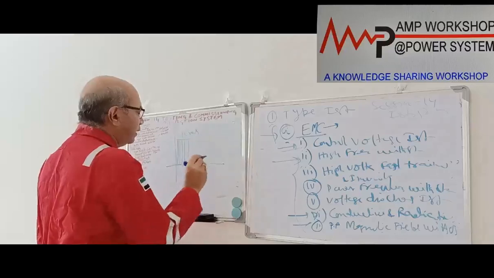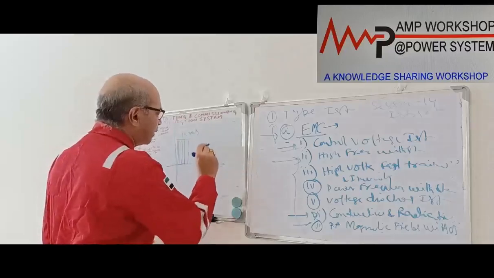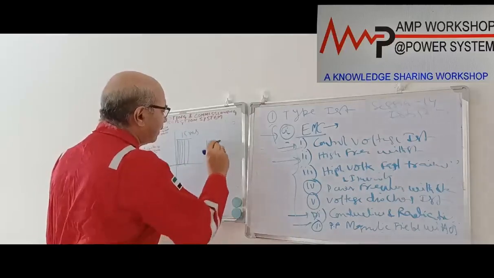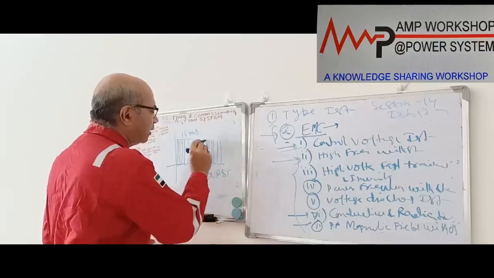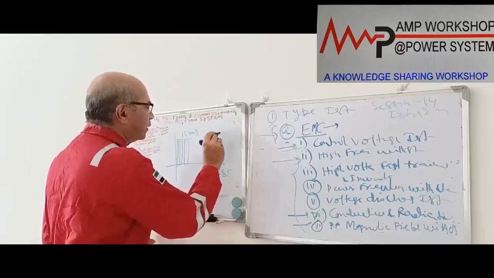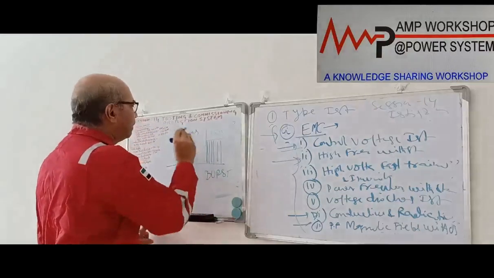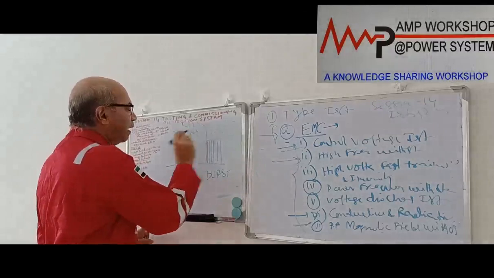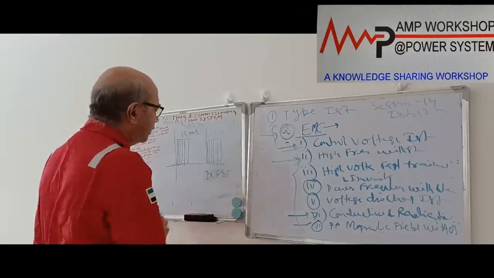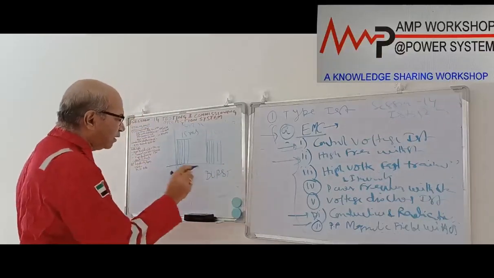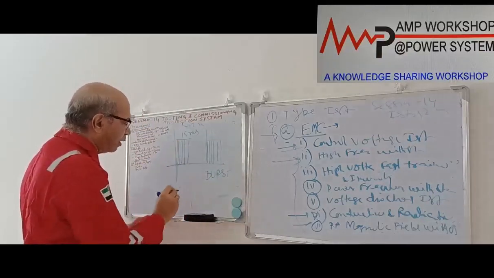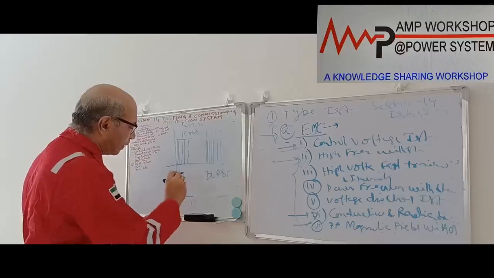Then we inject the second burst. Similarly, 15 bursts are injected, spelled BURST. Again a 15 millisecond burst, and the gap between them is 300 millisecond. Every 300 millisecond one set of bursts is injected on the relay. This burst is a waveform, it is not a step. Each burst looks like this.